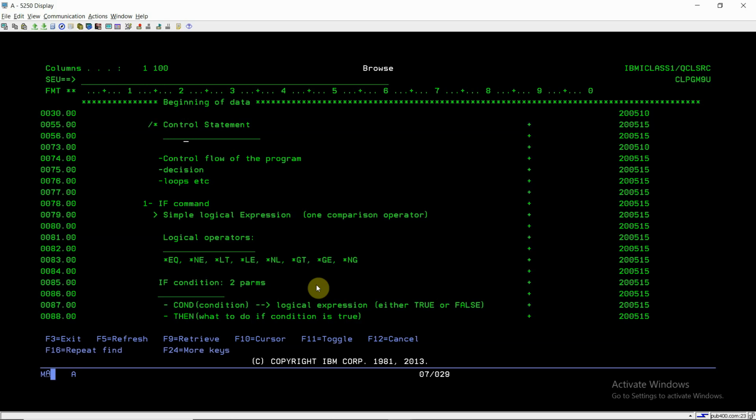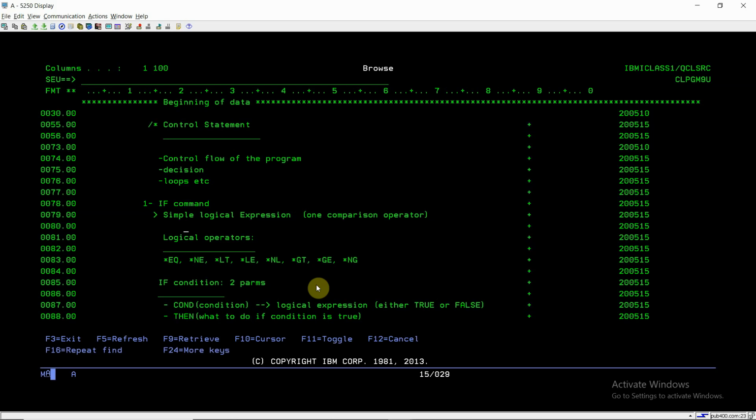Earlier we have only executed sequential programs, where there is no decision making about whether to execute a line or not. But now in this video we will see how we can take a decision, and based on that decision execute some particular lines of code or not. So here comes the IF command, which is available in CL programming.